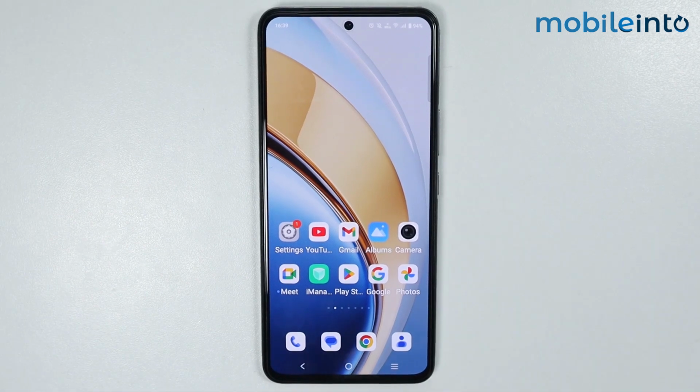Hey, what's up guys? So in this video we will see how to change the lock screen clock color on